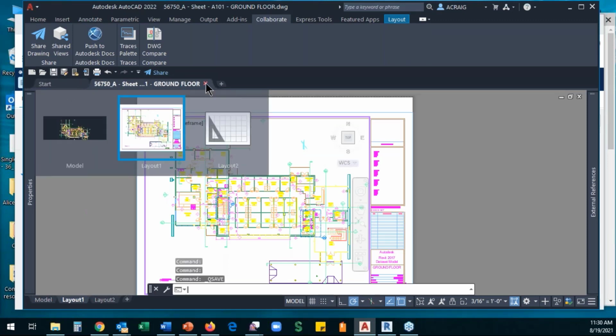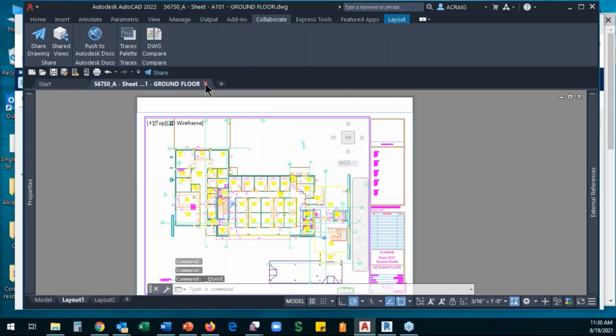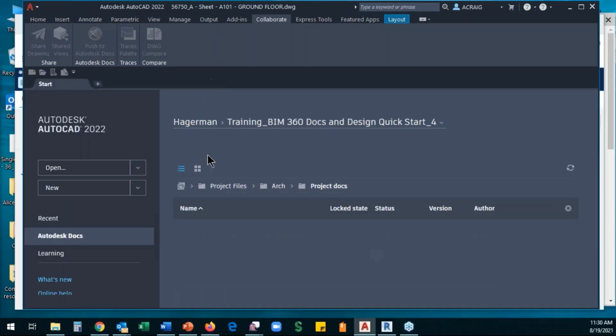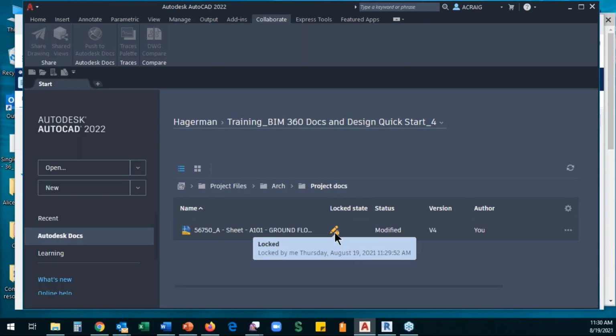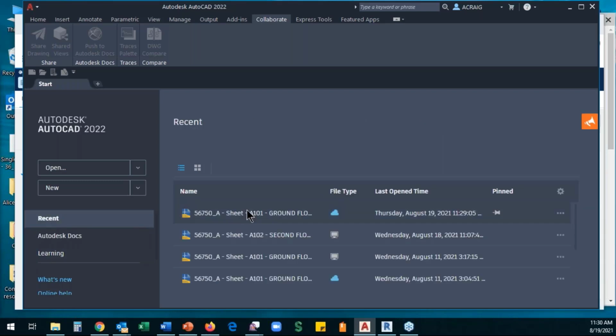And I'll go ahead and close that file out. Okay, it'll take it a minute, but it'll refresh up there. So you'll see right now it's locked. Once BIM 360 refreshes and updates, then that lock will be released. While we're waiting for that, let me come over here and let's open up our